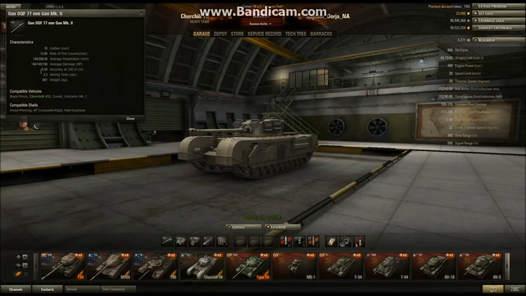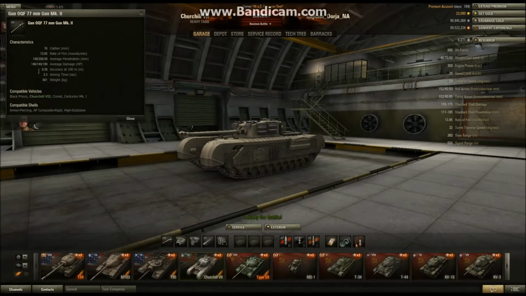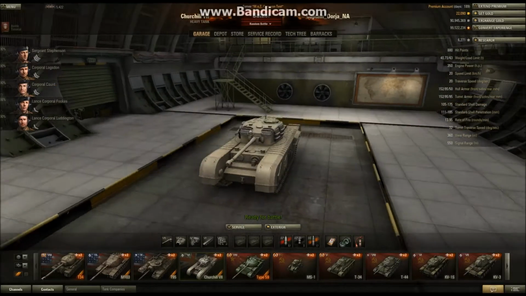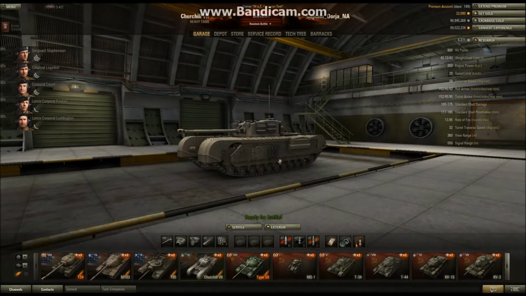It's got a great rate of fire, but it's got, well, I guess mediocre penetration. It's only a tier 6 after all, so 148 penetration's not bad. It's better than the 88mm L56, but only 140 damage per shot. That's pretty crappy. Aiming time's not bad. Accuracy is actually pretty good. So I guess it's not all bad news for the gun, but still, I mean, we're driving a heavy tank